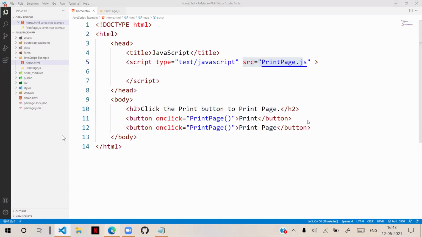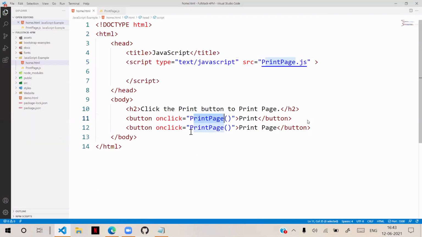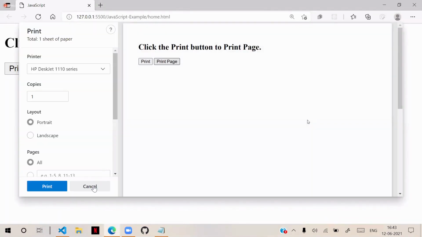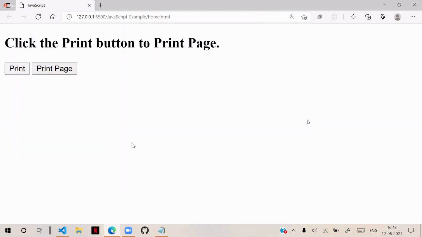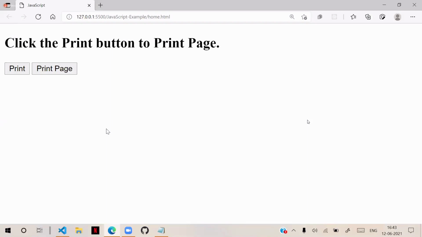Now you can see the function print page we are using is actually written in this file, and when I click print page, it's working now. The good thing about this is you can access it from any location, from any page.